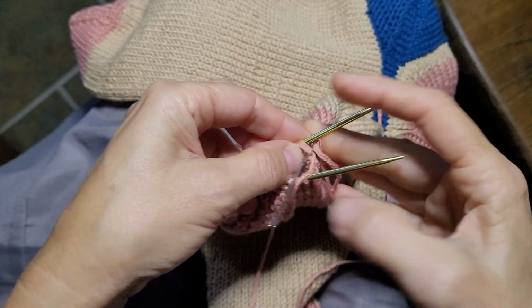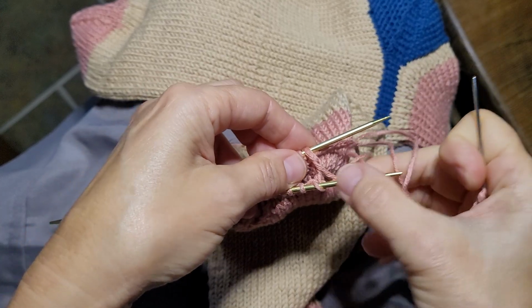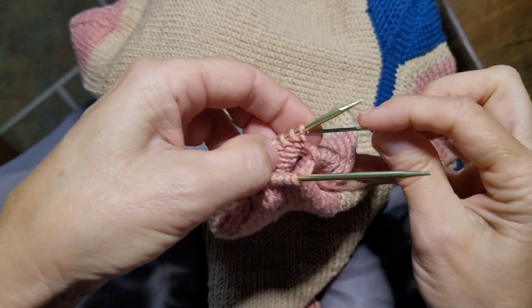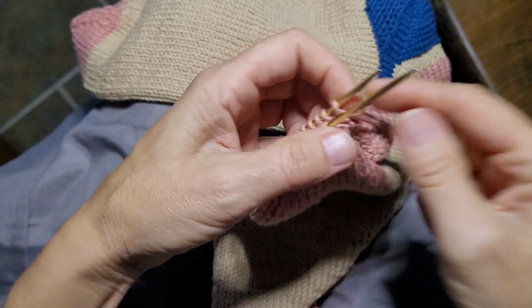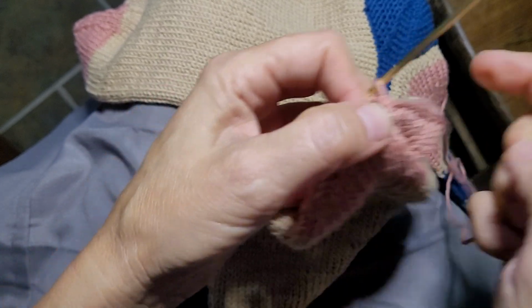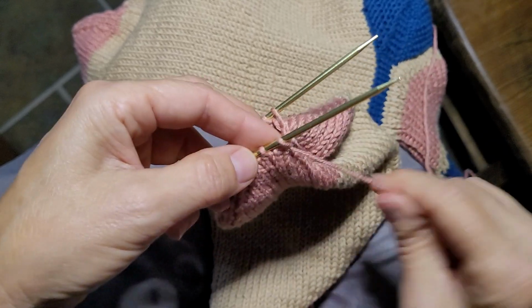Back needle right to left, remove. Don't let your yarn get tangled up. Prepping the next stitch right to left and do not remove. Front needle, left to right, remove, right to left, do not remove,